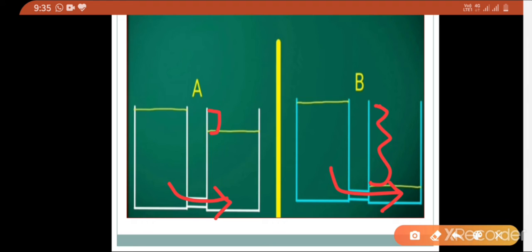So this negative terminal of the cell repels the electrons in a conductor. As a conductor is composed of electrons, and electrons are negatively charged, the negative terminal of the battery repels the electrons, and the positive terminal of the battery attracts the electrons, so it causes movement of electrons, thus flow of electric charge occurs.